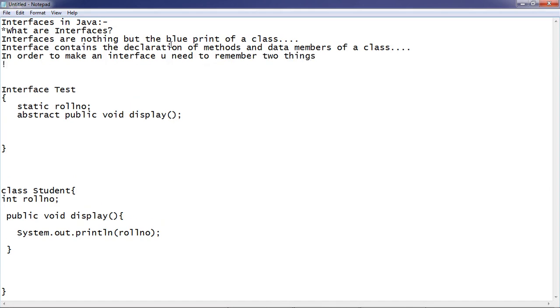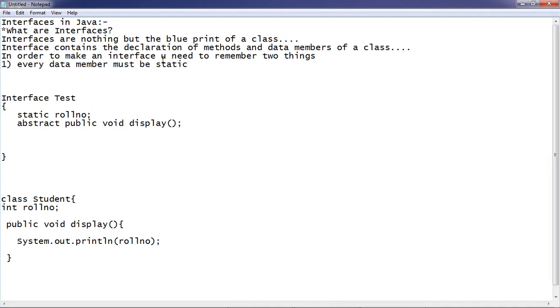First is that every data member must be static. Every data member, just like your roll number, here we have defined it as static. Now obviously we will have a data type, so let's say int,